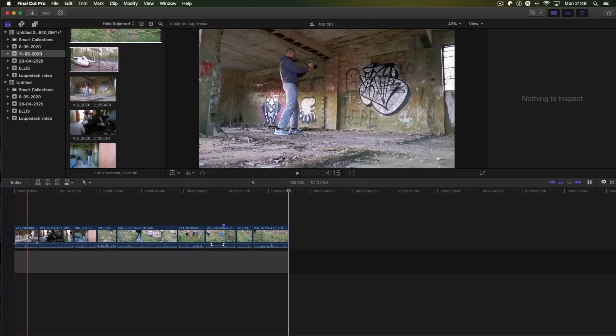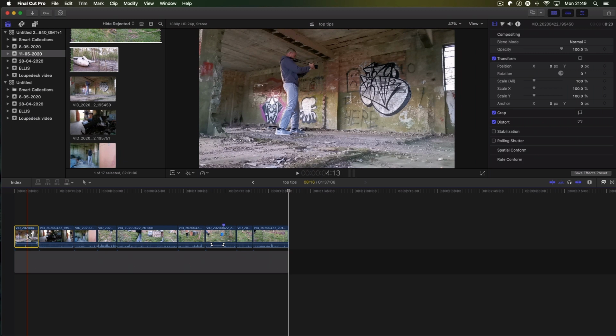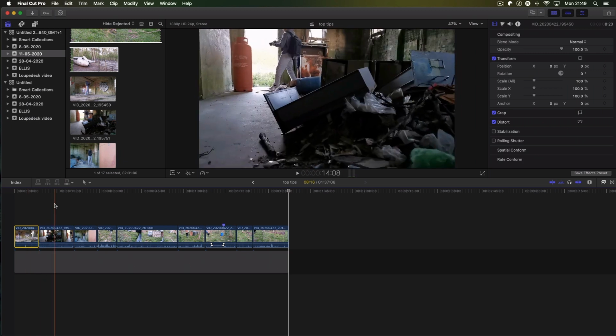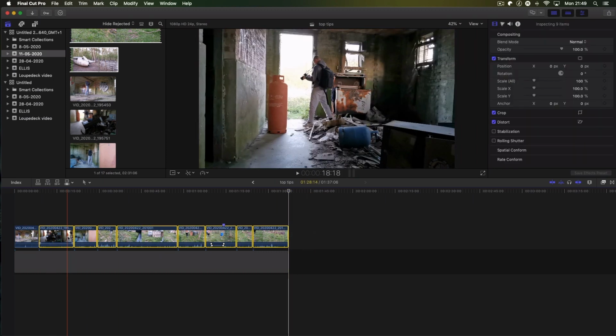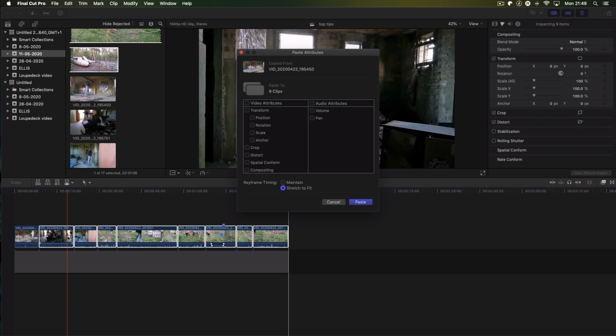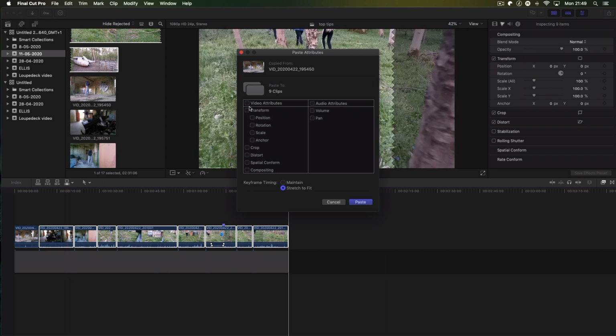So we've color graded all of this. Obviously we've not done anything to this, but just for the purposes of the tutorial. So we highlight this clip, Command C, that's going to copy it. Okay, then what we can do is highlight all the rest of these clips and hold Shift Command V, and it's going to bring up this,